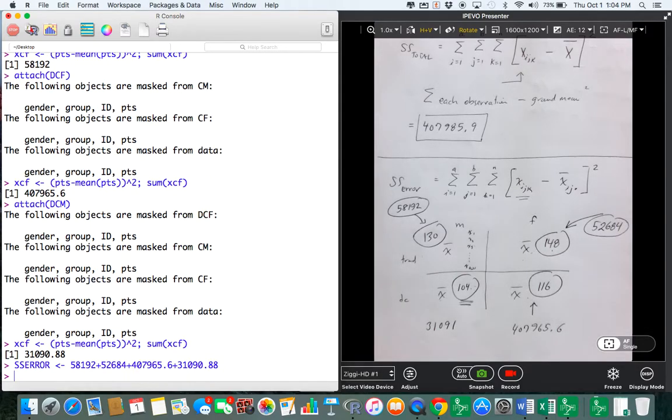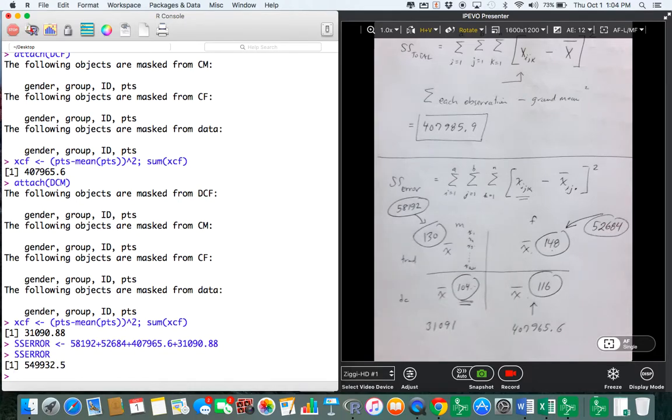All right, gang, so our sum of squares is 549